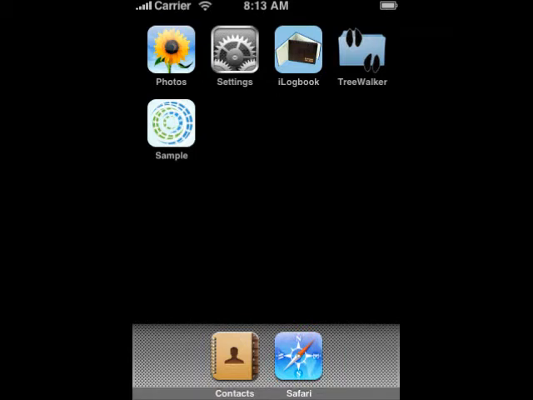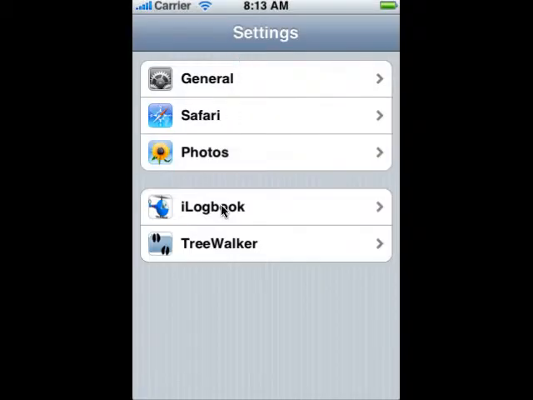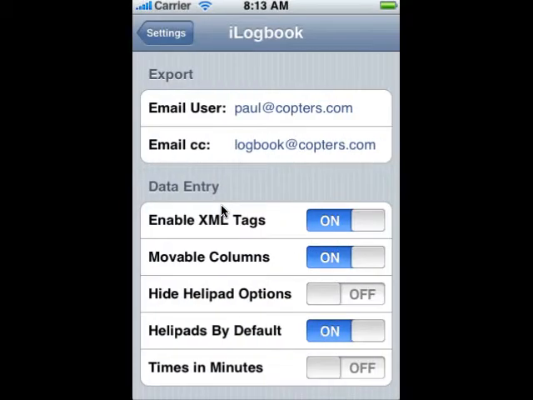This is the first part of a video tutorial on using the iLogbook iPhone application. In this section, I'm going to talk you through using settings and configuring the logbook the first time you use it. If we go into settings and we select iLogbook, these top two settings are if we're exporting by email,